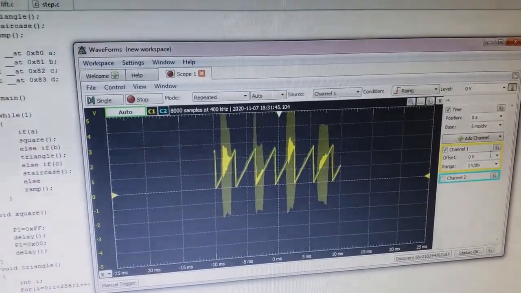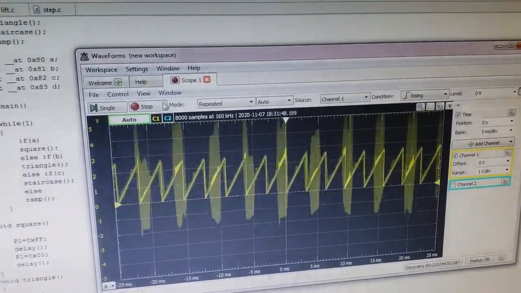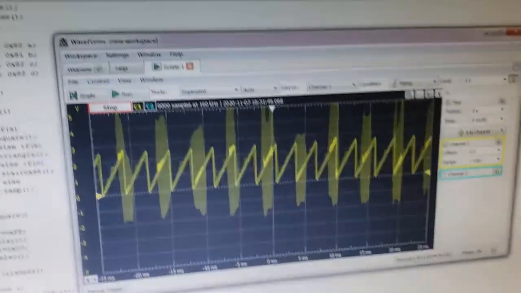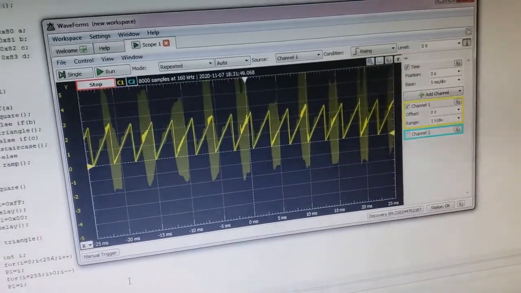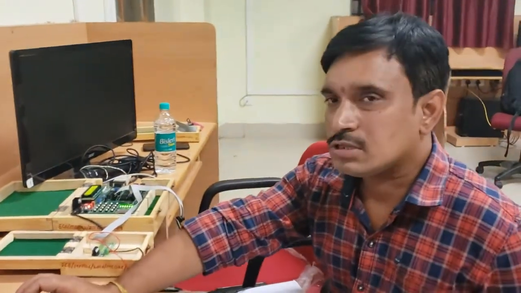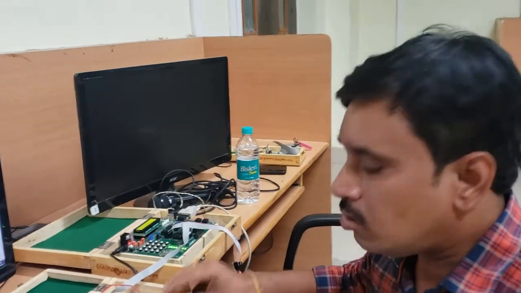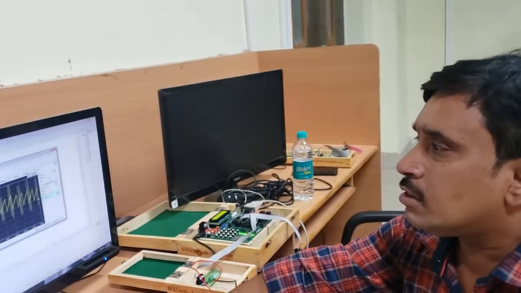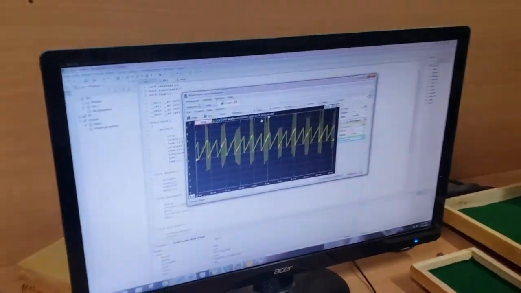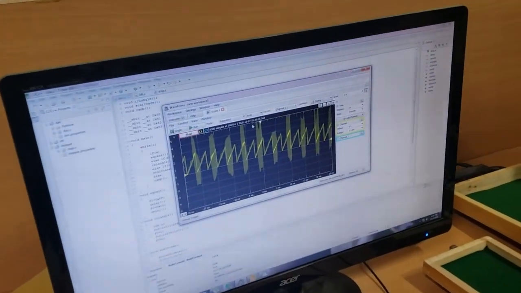And we can also generate sine wave and cosine functions using this digital to analog add-on module, the DAC module, and it can be seen on the waveform software in the computer. Okay, thank you.